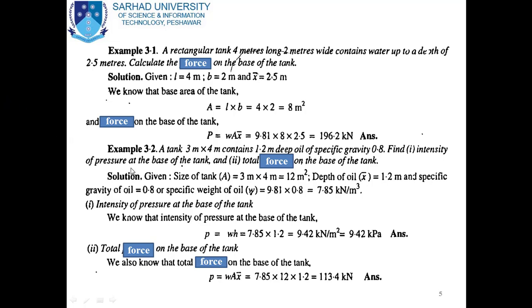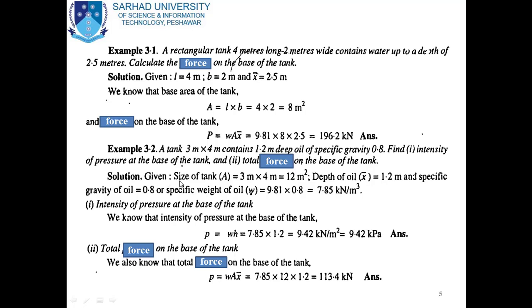First of all, we will write the given data in the solution, which is size of the tank A is equal to 3 meter into 4 meter equal to 12 square meter, and this is the area of the tank. The depth of oil X bar is equal to 1.2 meters given in the statement. Also specific gravity of oil is equal to 0.8,